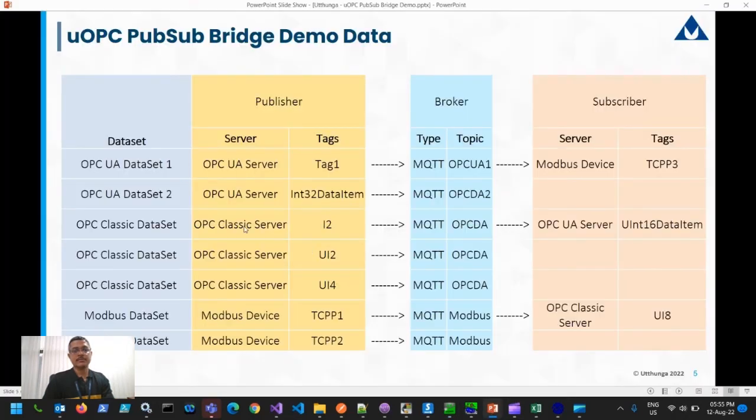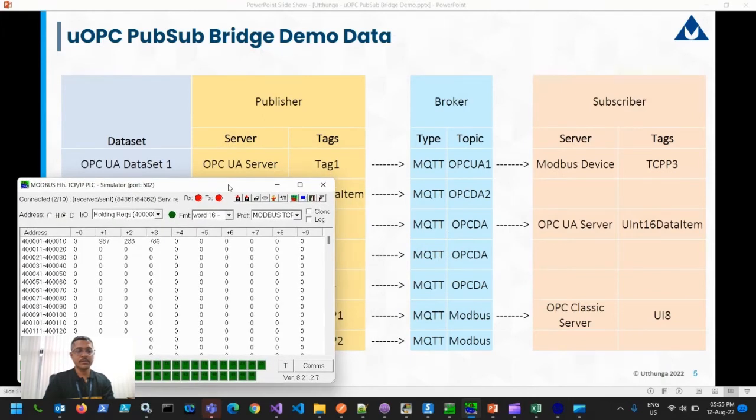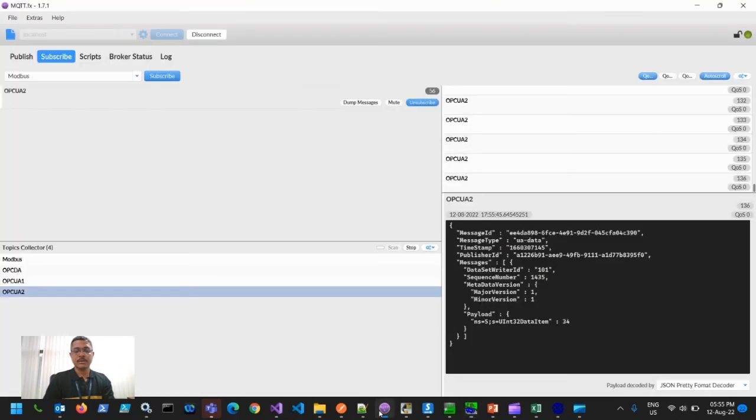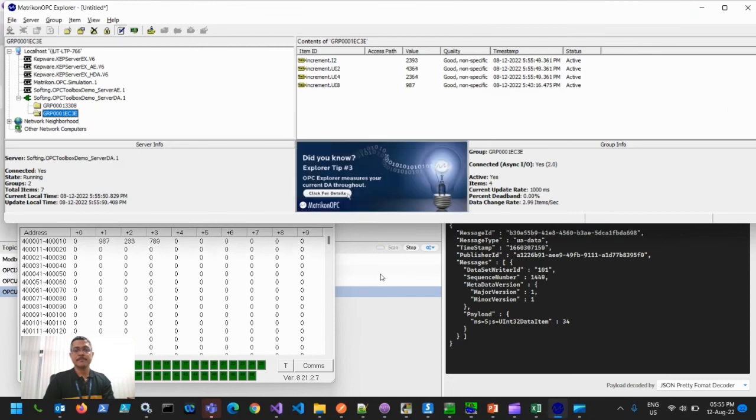In the third use case, we would like to see that OPC classic server I2 tag or node will update the value in OPC-UA server UInt16 data item. Let me bring, for a better visualization, I have to show all screens in one frame. So now you would see that I2 data is constantly,